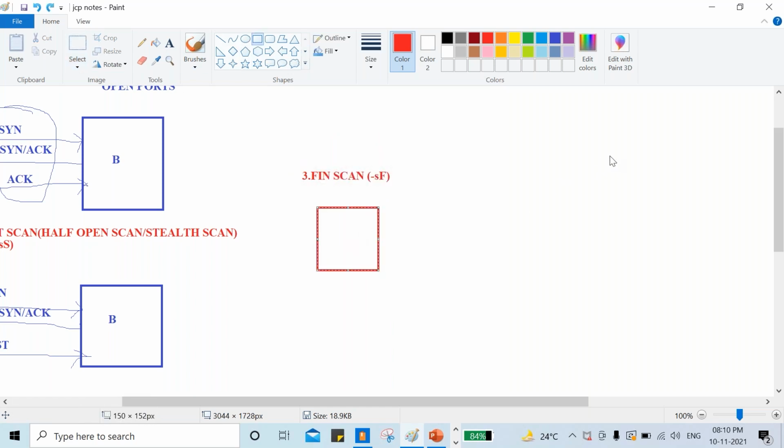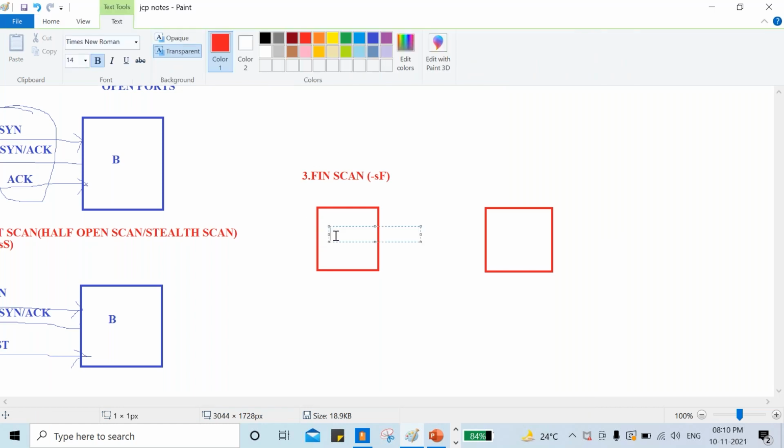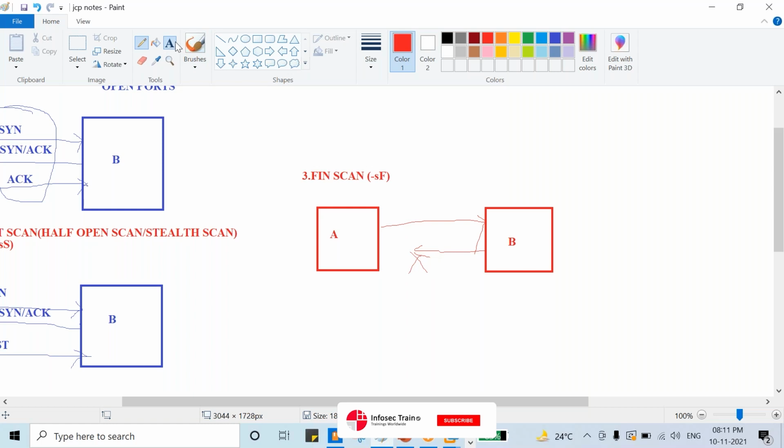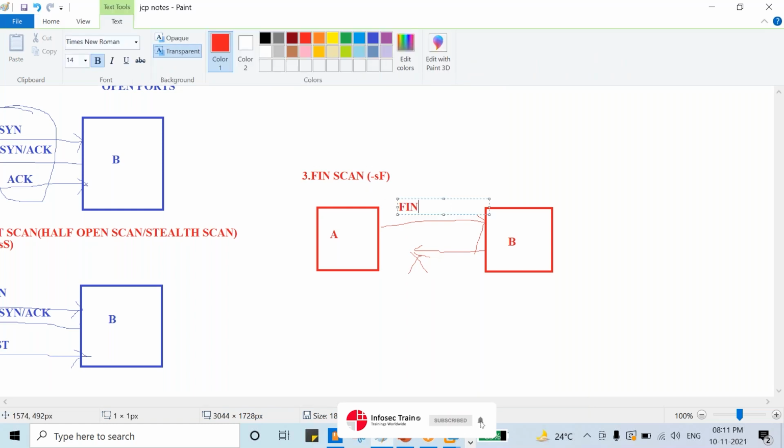Let's say this is A and this is B. In this scan, whenever A sends a FIN request to B, will we get a reply? We don't get any reply because we are sending the FIN flag over here. If we are not getting a reply, it means the port is open.